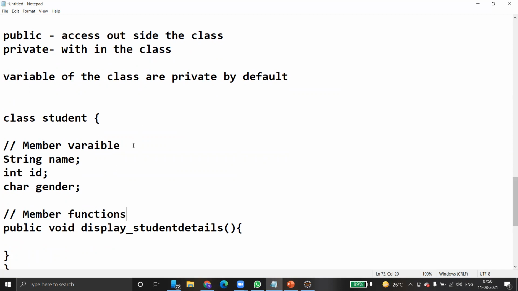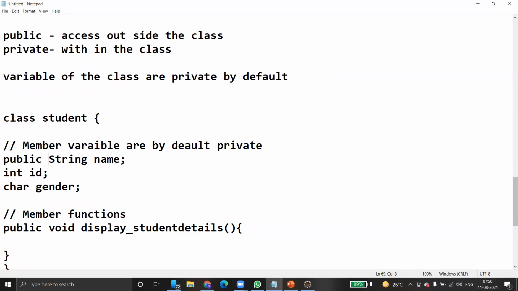Member variables are by default private. Please remember this one, private. So if you simply use string name, automatically it is considered private. That means you can't access it outside the class. If you want to explicitly make these variables public, then we have to add the keyword public. Please remember this rule.